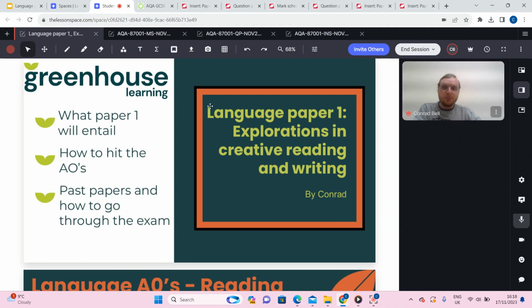So in this one we're going to look at what will be in the paper, how to hit all those AOs, and while we're doing that we're going to look at a past paper and compare what we're going through to how that works in the lesson. Right, so